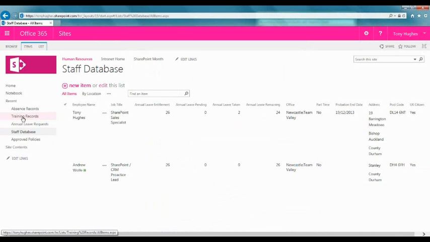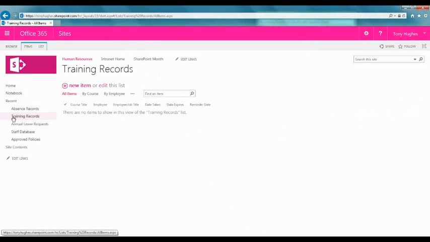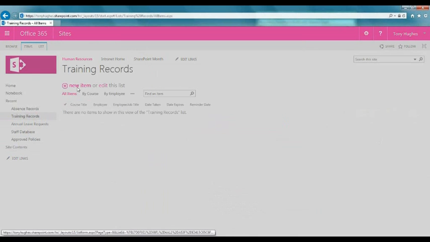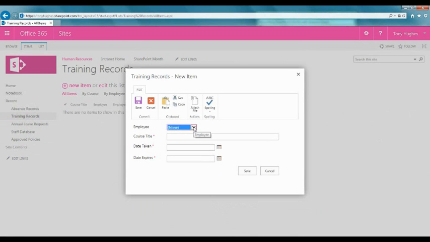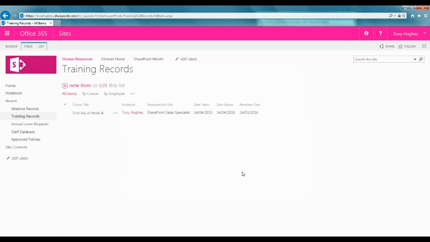So we can use SharePoint to build database applications. Another example of that could be training records. I want to log a new training record, so we can do lookups. Who is it against? It's against Tony Hughes. What's his training? We can say, right, first aid at work. When did he take it? He took it on the 14th. We'll just copy that and paste it and say, right, well, it expires on 2016,